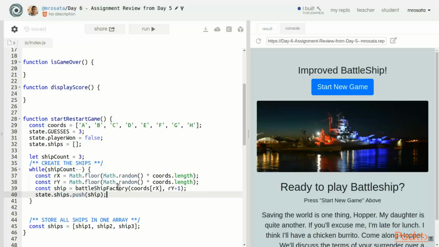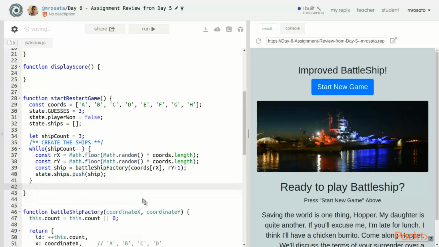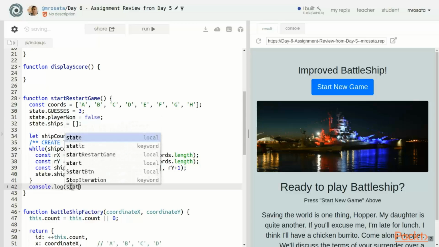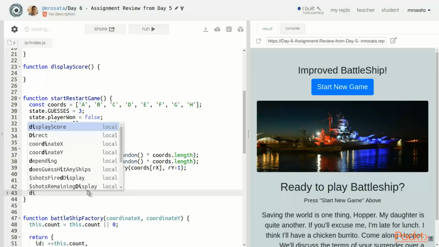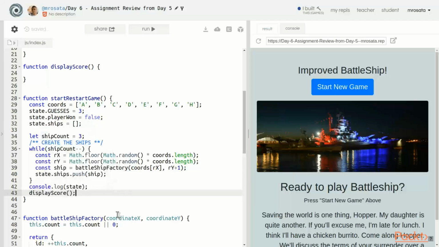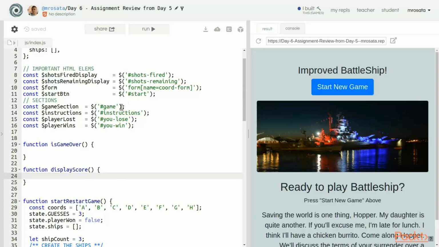And now our state is pretty much all set up. We can delete that. If we wanted to, we can console log the state here. We will call display score. And so display score is actually going to handle more than just showing the score to us. Anytime we're displaying the score, we know that we are in the game. And because of that,